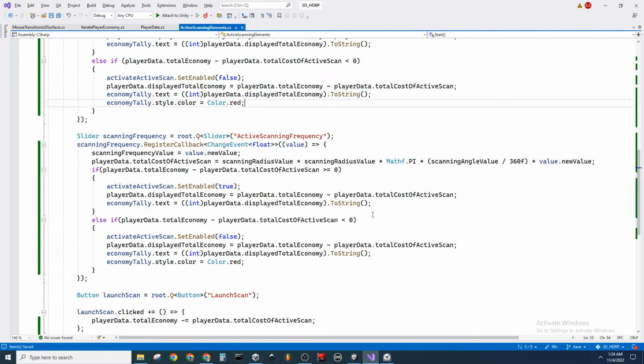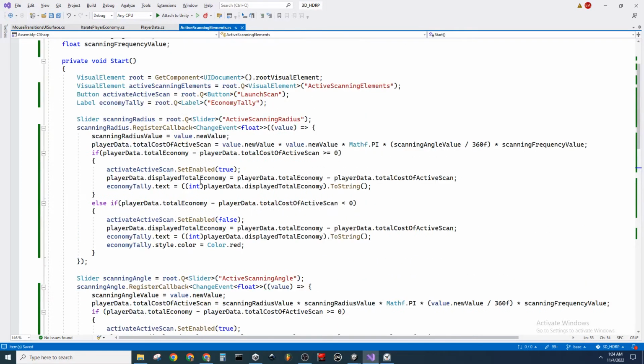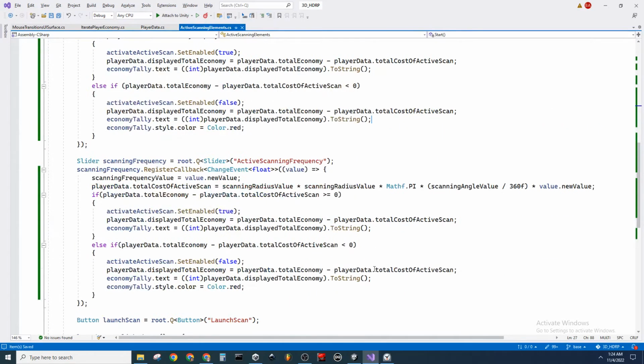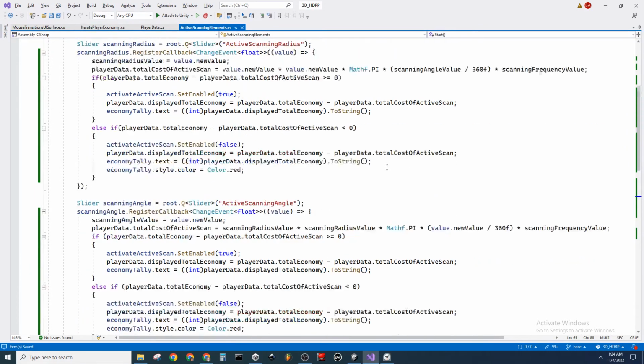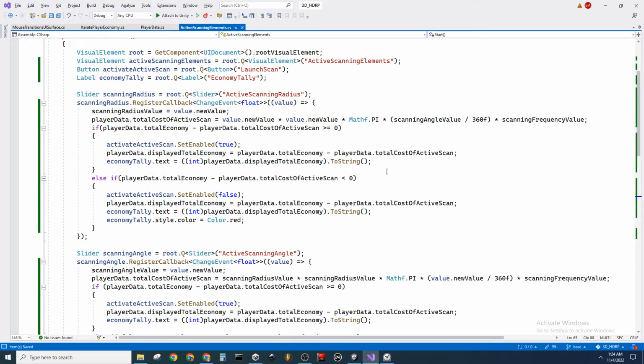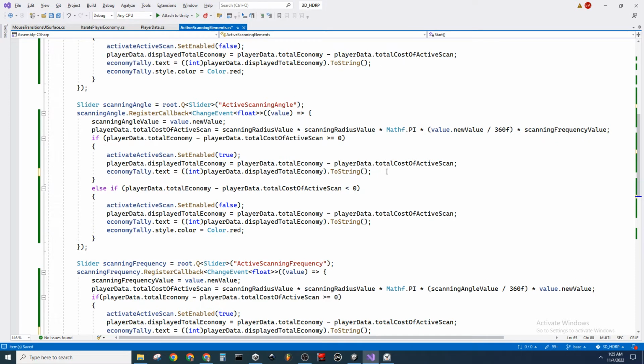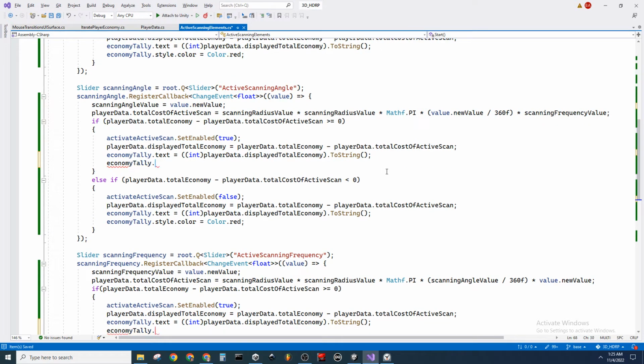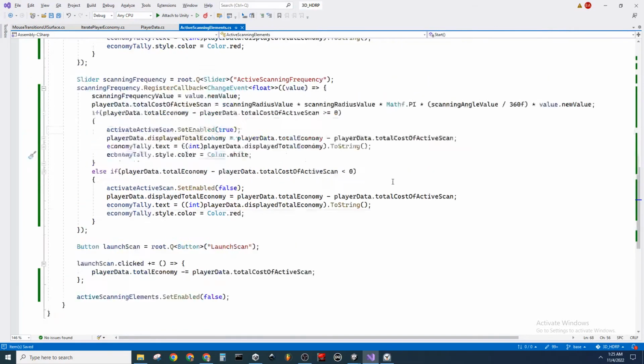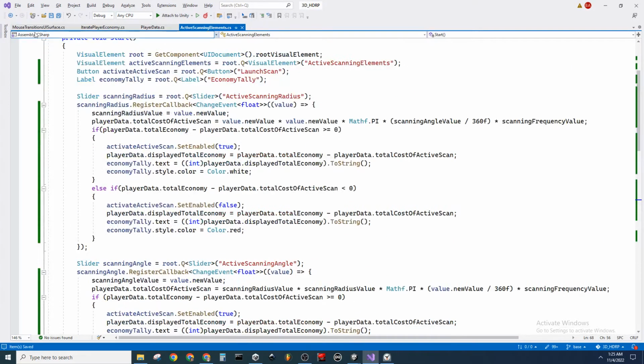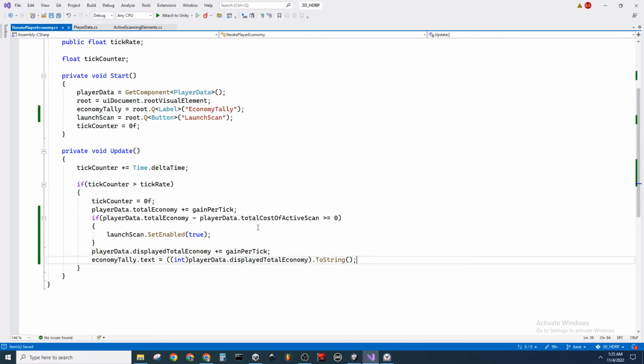And in the event the economy is active again, then we essentially just have to, oops, put this in the wrong spot. Here's a case in point where a function might actually be a little useful. So we come in here, we can just say economy tally dot style dot color equals color dot white in this instance. So white red, white red, white red, white red, and then when the economy iterates,